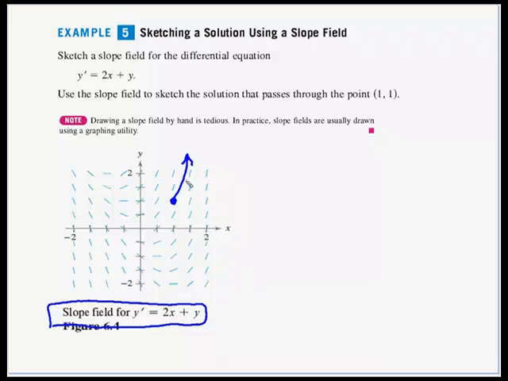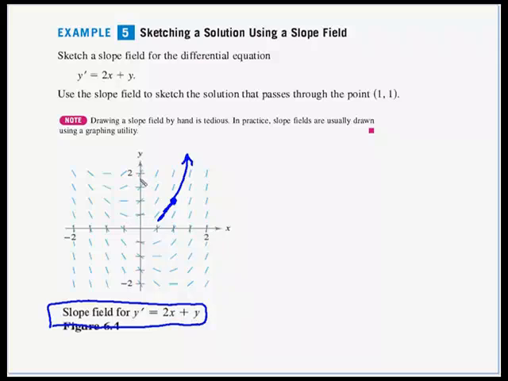Now we've got to get a different feel as we're going down this way, because we do see something odd happening here with our little line segments. So let's start to figure out how that gravity would affect us. As we start coming down away from our point, we're going to get close to this segment and these segments here. We can see that slope is starting to level out as we come down farther. So as we come down here, our curve is going to have a slope in between there, so we can connect that point up. As we come down a little farther, we see here across our